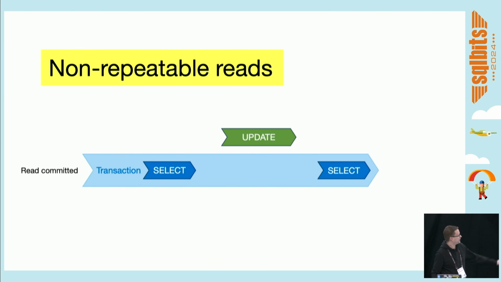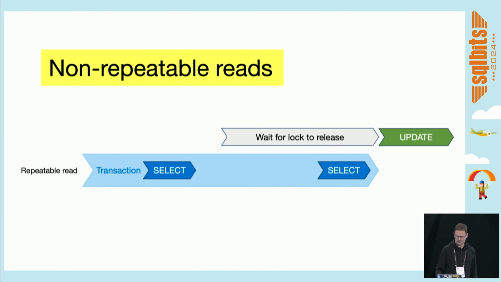So if you have a transaction at the bottom, you can select data and someone else can update that data, and you're still in the transaction below, and you can select the same rows again, and you might get a different result. But you're not getting work in progress. You're not seeing the changes as they are happening. You see them either before or after they happened. That make sense?